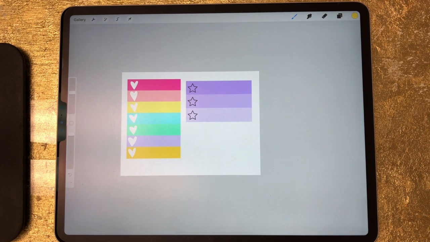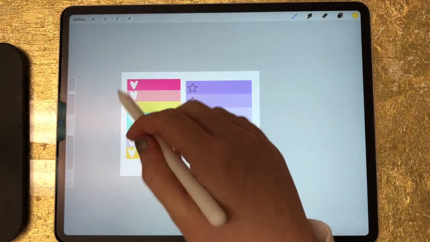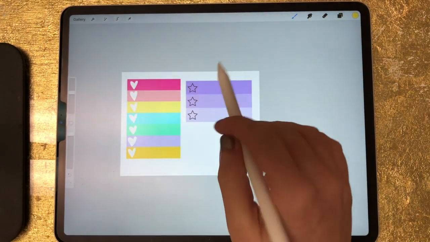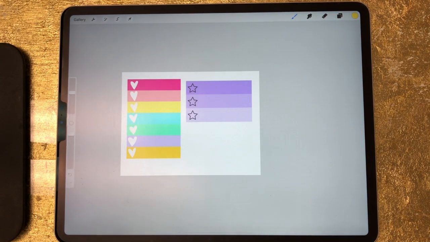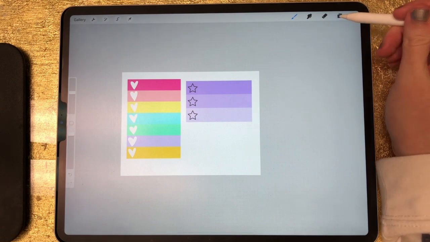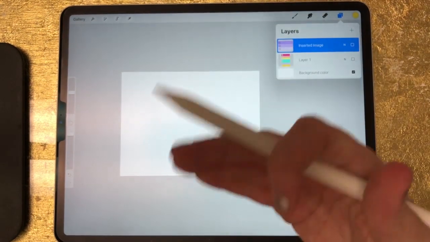So these are just two of the checklists that I created playing around with these methods earlier, and it was just super fun. This way you can see has more of a hand-drawn effect with those hearts, and then this way is just perfectly symmetrical and all lined up. So I'll show you how to do both ways. So I'm going to hide these really quick because I'm going to be copying what I'm doing into my Procreate